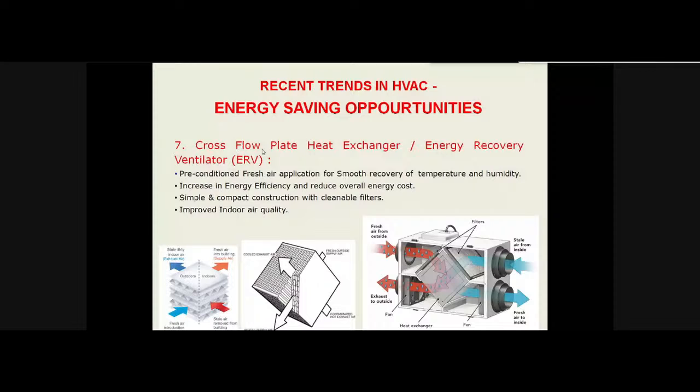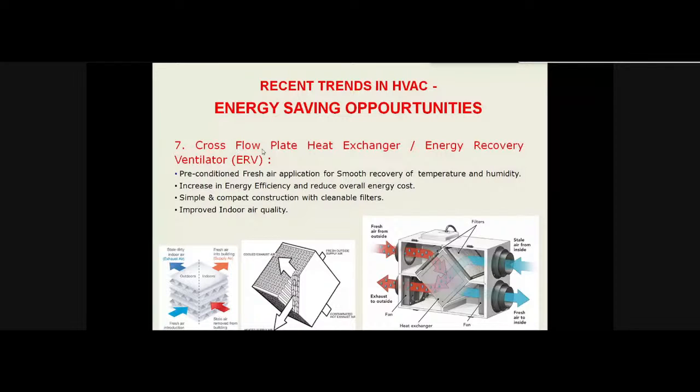And radiant cooling. This is another important area. Now buildings are coming up with radiant cooling. It has two types: chilled slab and radiant panels. The idea in this concept is that heat is transferred by conduction, convection, and radiation. This is the radiation concept, a mode of heat transfer. Once the surface is cooled with the help of tubes,